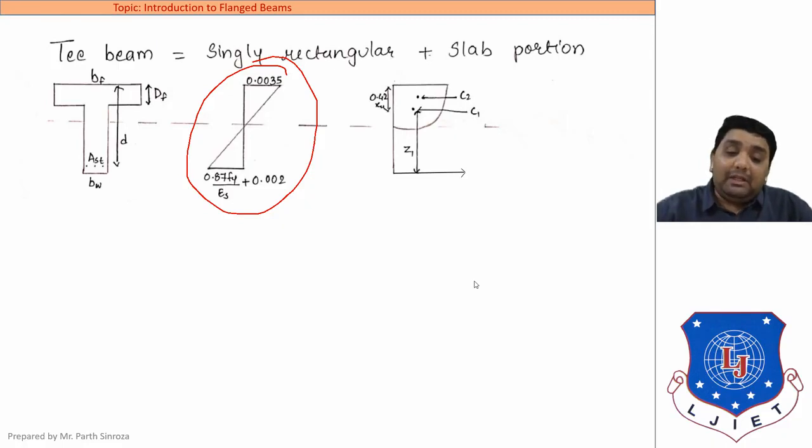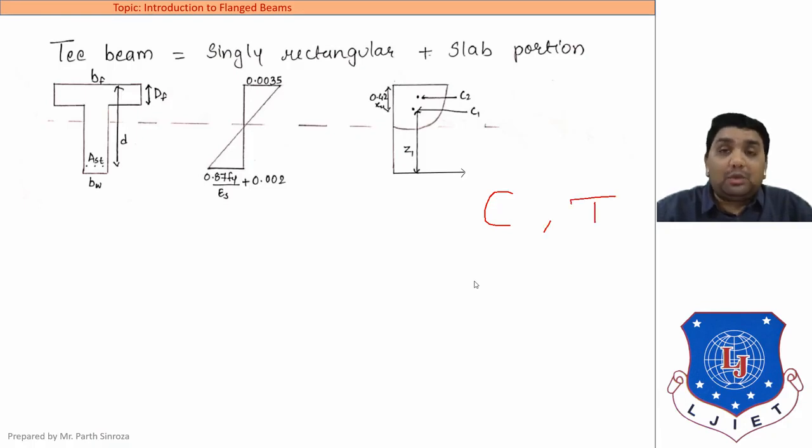Again, there will be two types of forces: a compression force C and a tension force T. Now the compression force will be acting in both sections, section 1 and section 2. Section 1 being singly reinforced, the parameters that we have used in singly reinforced will apply in this case also. So for C1, the equation will be 0.36 fck b xu. Why? Because it is just the case of a singly reinforced section.